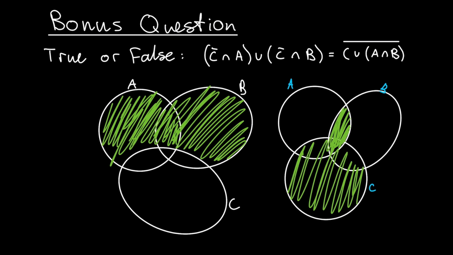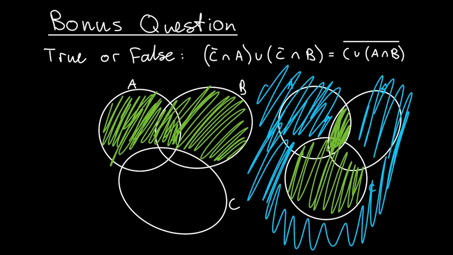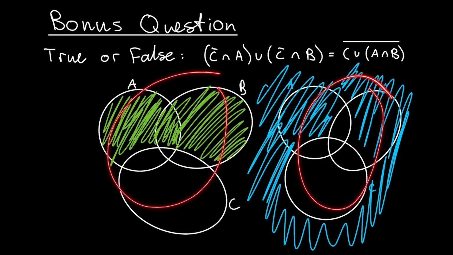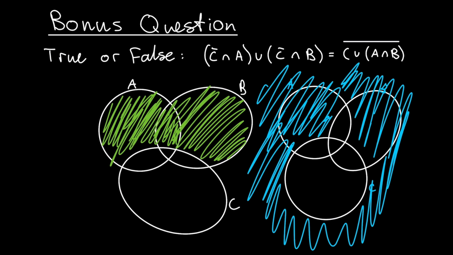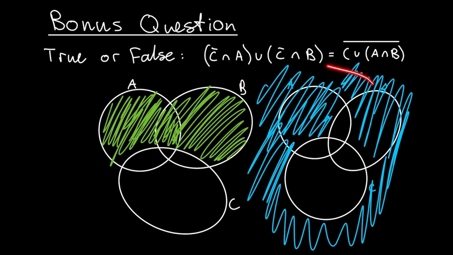But now we're looking for the complement. So we're not looking for what's in green here. We're looking for what's in blue. So we can rub out this green and say we're simply looking for what's in blue. And now we need to ask ourselves a critical question. Is this the same as this? Well, no, it's not, because in this diagram, we've included this little area here, whereas we haven't in this one, as well as the fact that in this diagram, we don't have the rest of the sample space that's not included in any of these three sets, whereas in this diagram, we have included that. So we say, no,